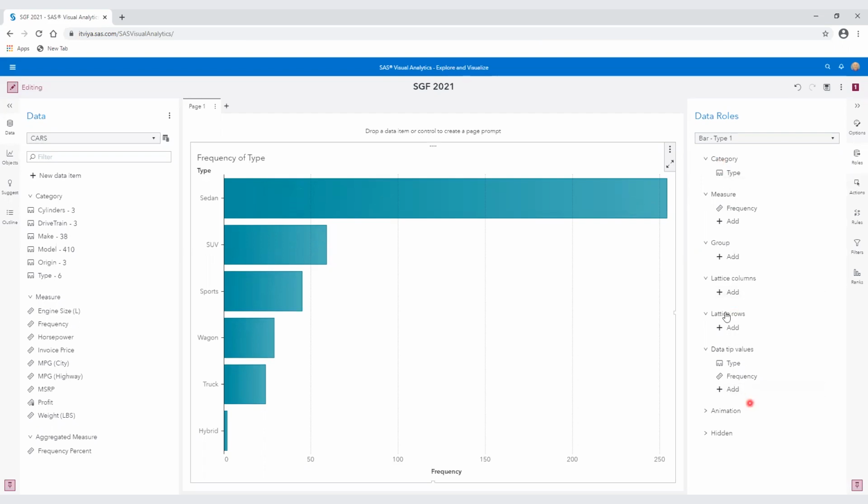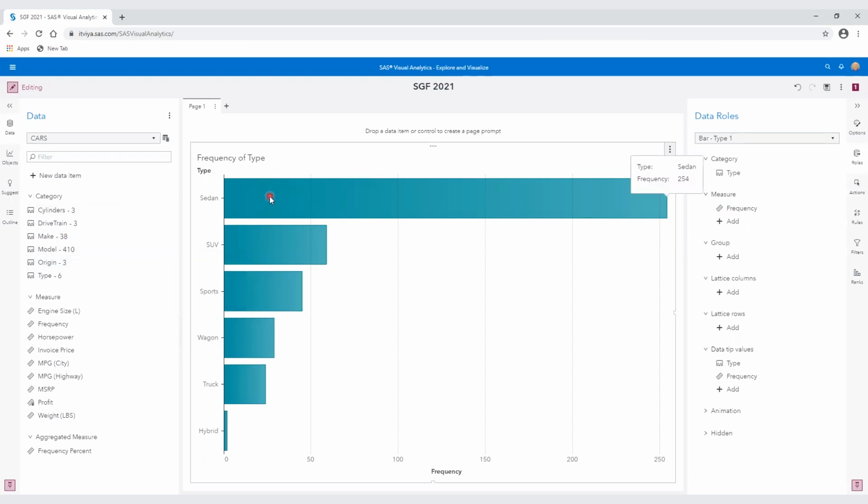There's lots of other roles that we can play with, but I'll leave that for another presentation. I want to keep this under an hour. Okay, now, what if instead of a bar chart, we wanted this to be a crosstab, and we wanted to also see what the different origins are, what the different types of cars are? Fine, we can do that, or the different makes or models.